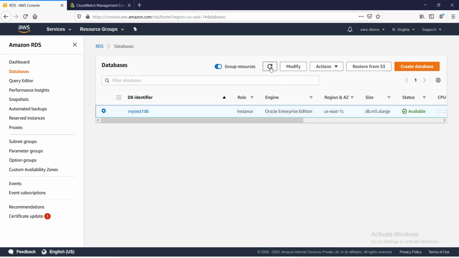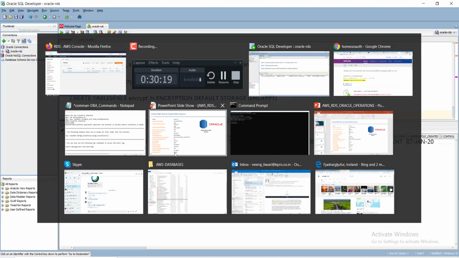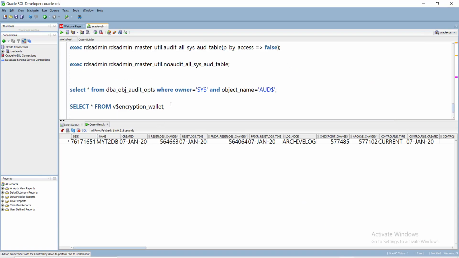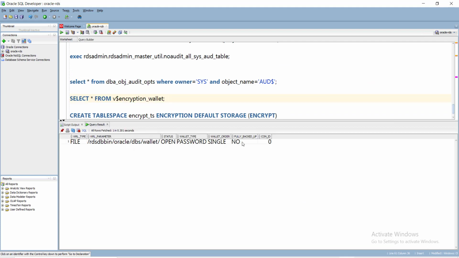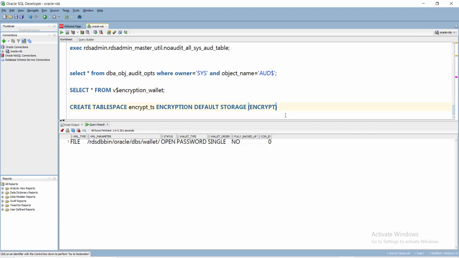So yes, the database will be restarted, we'll go to configuration settings, and it will take some 5-10 minutes. Till that time I'm pausing my video. Now it has come back. Now what we'll do is, we'll go to here and we'll first check, run the wallet. Yeah, see this. Now we'll run the database, create tablespace, with encryption, and we'll see that